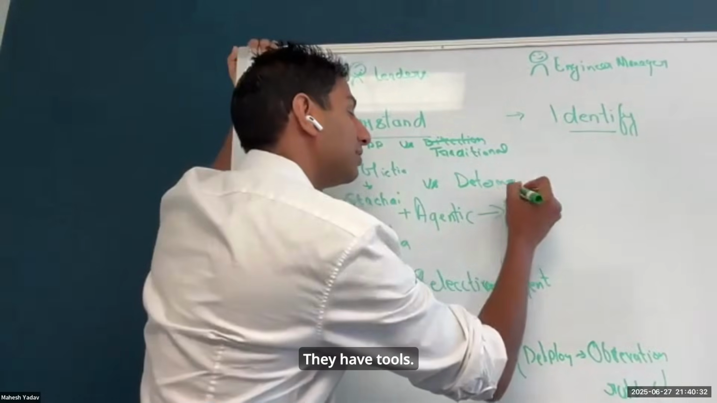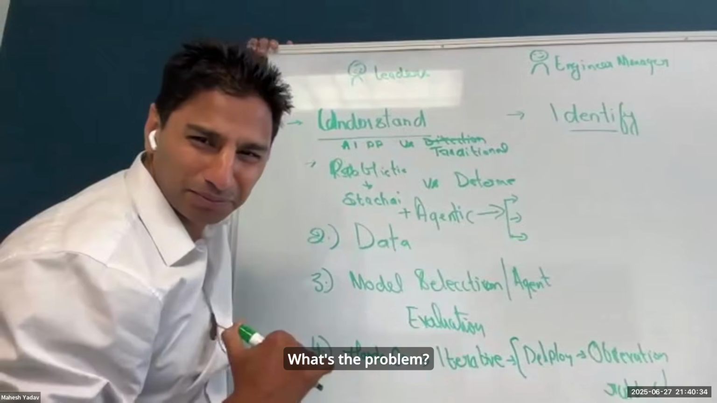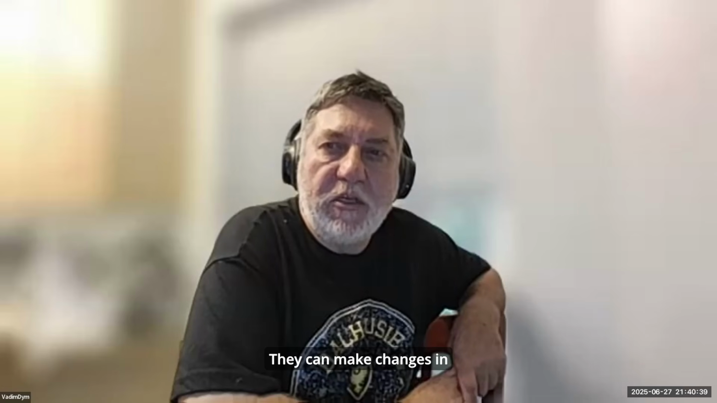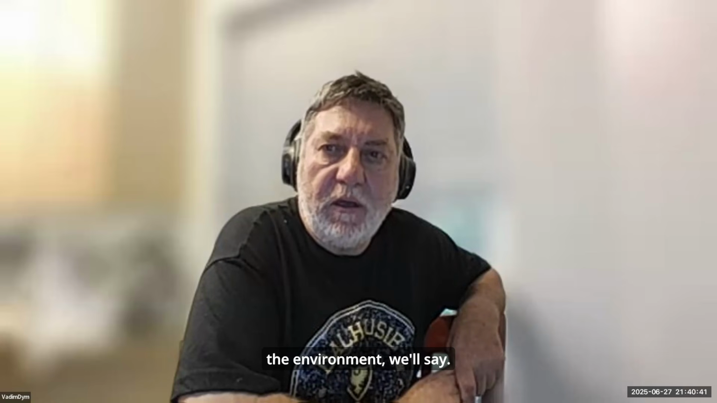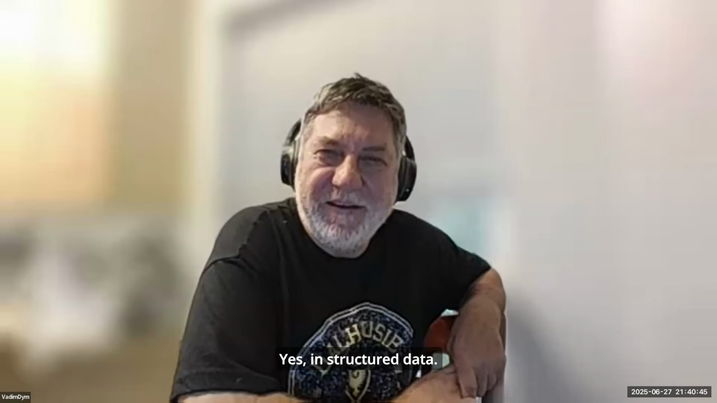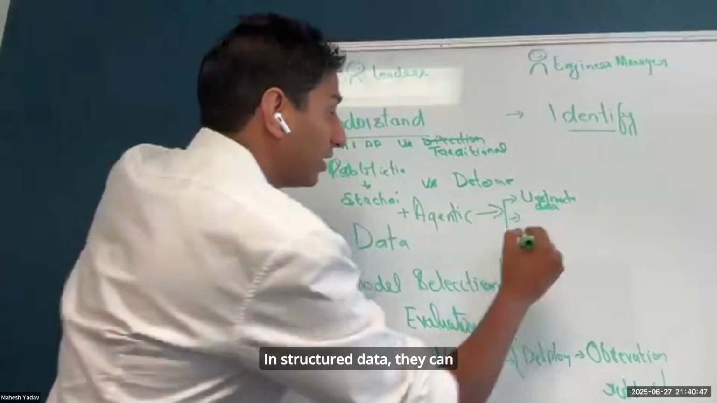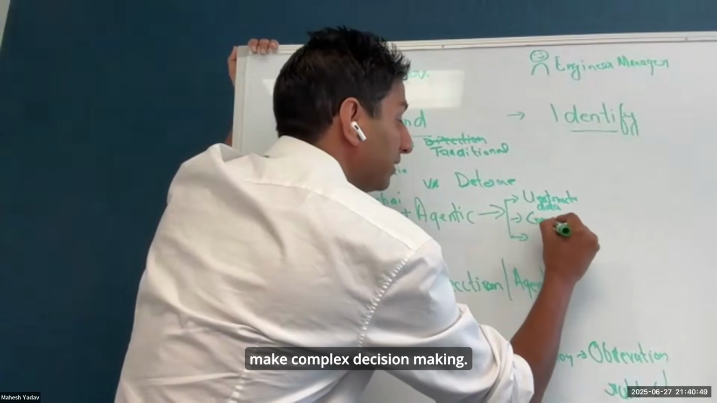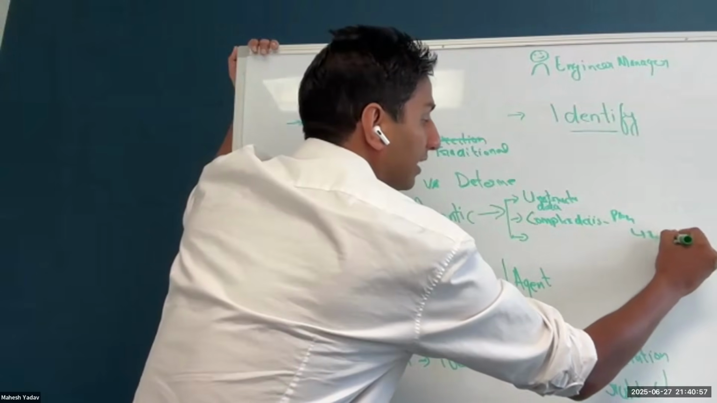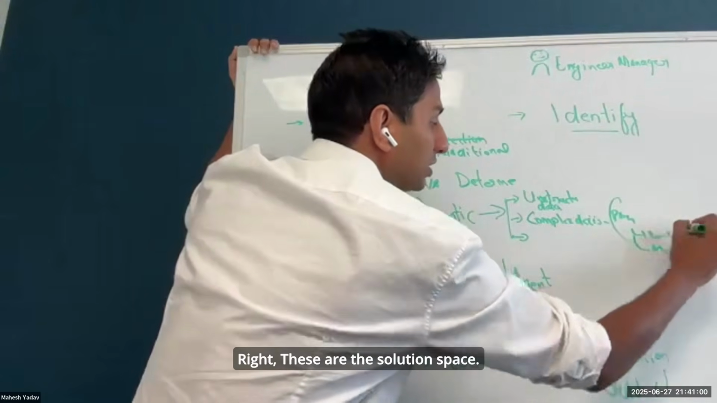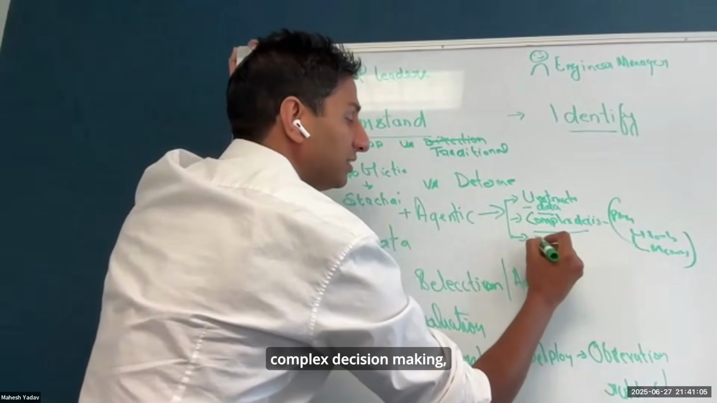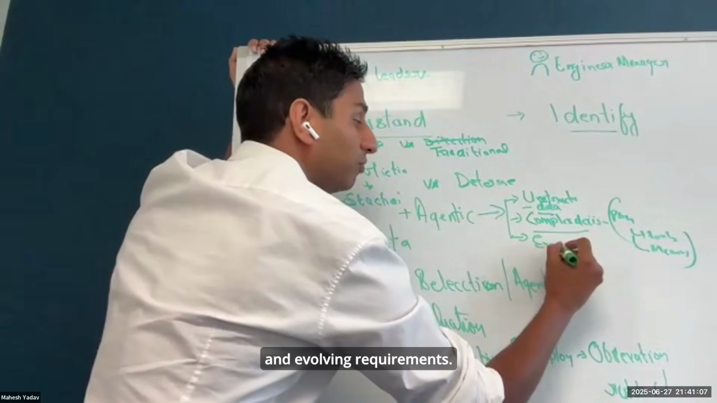We have tools, but that's a solution. What's the problem? What's the understanding? I think they can make changes in the environment, let's say, right? Yes, in unstructured data. Yeah, you're right. In unstructured data, and they can make complex decision making. They have planner and they have tools and they have memory, right? These are the solution space. But mostly you're looking at unstructured data, complex decision making, and